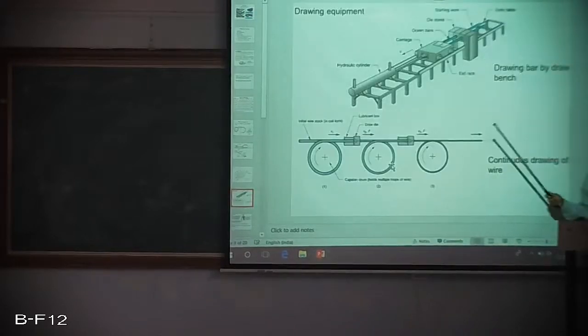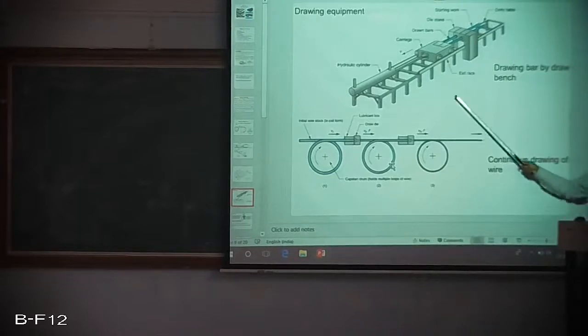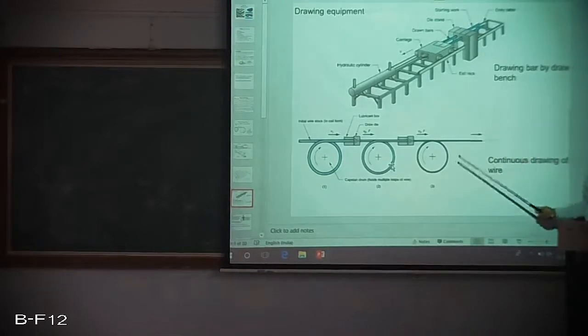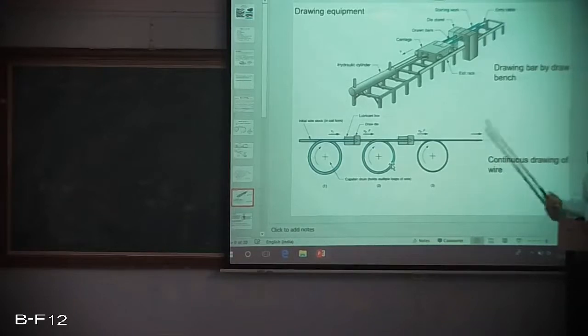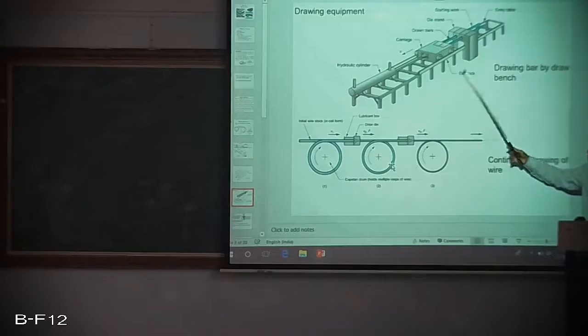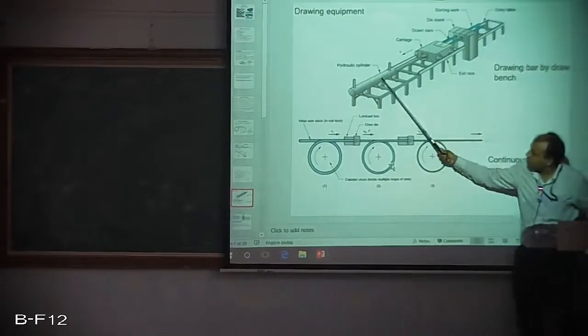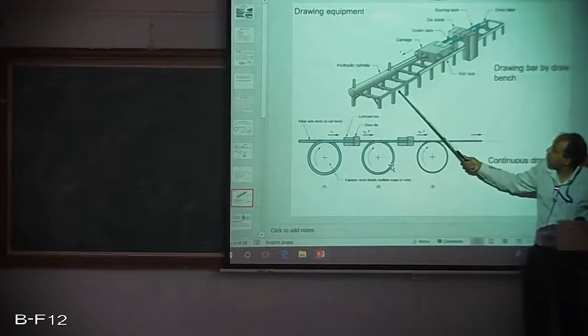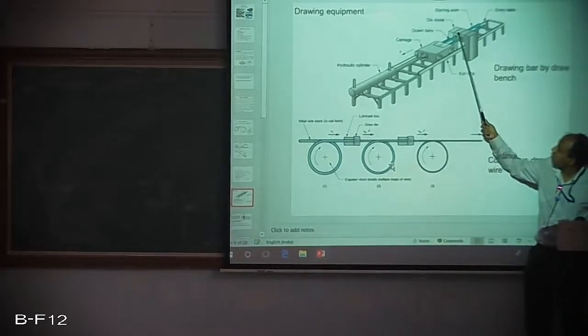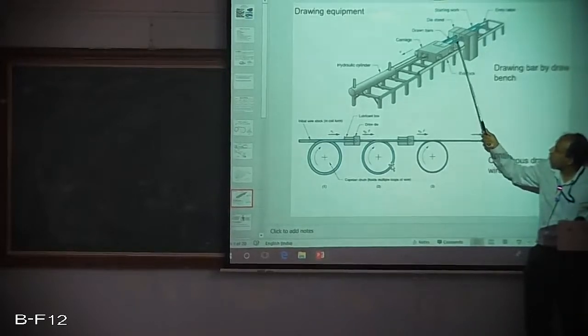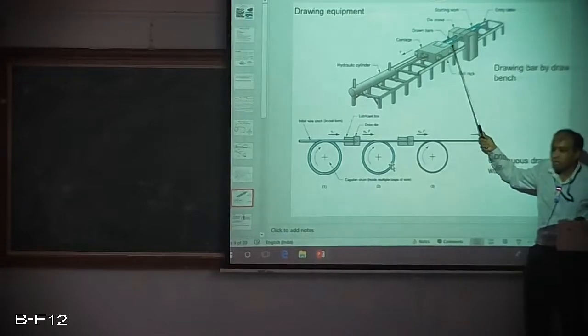Okay, whatever I have shown schematically, the same thing is a three-dimensional view of that, but again in schematic form. The previous one was in sketch form. This was in three-dimensional, made from appropriate modeling software. So this is a typical example of your draw head. Instead of a chain mechanism, here we are using a hydraulic mechanism to pull it. Okay, the draw head is pulling the material from the die so that rods, bars, tubes can be made. I had shown the example for tubes.